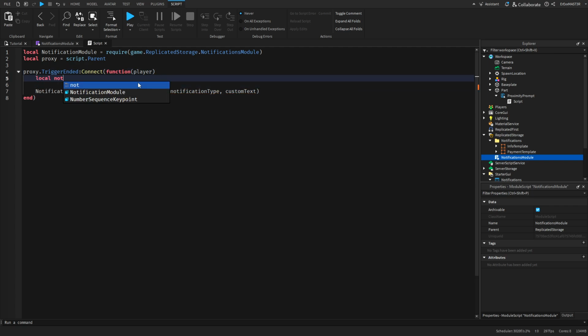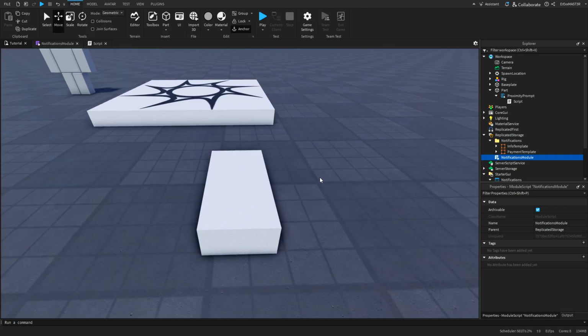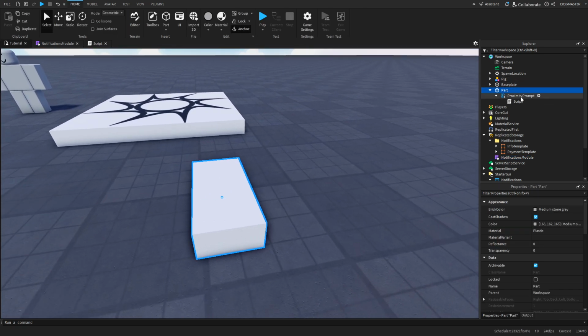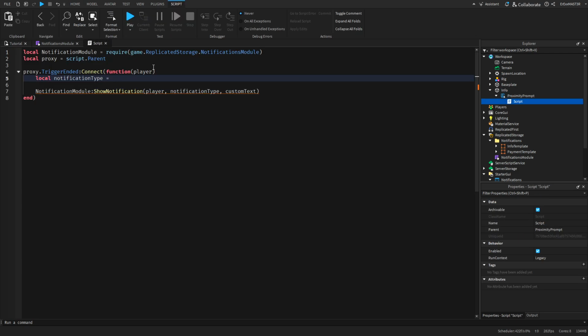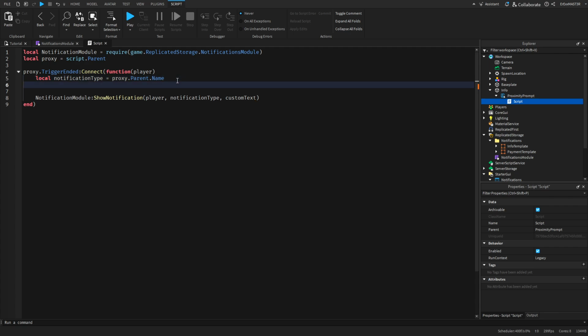So local notificationType equals, and for example, you can rename this part into Info, so we can just do prox.Parent.Name. Now notification type is info, and we can do customText equals "Hello, this is info", and now we can copy this part